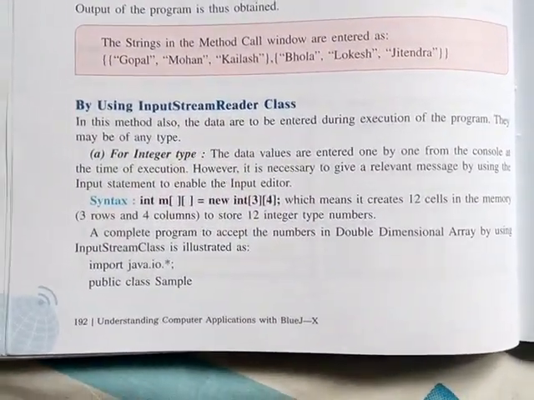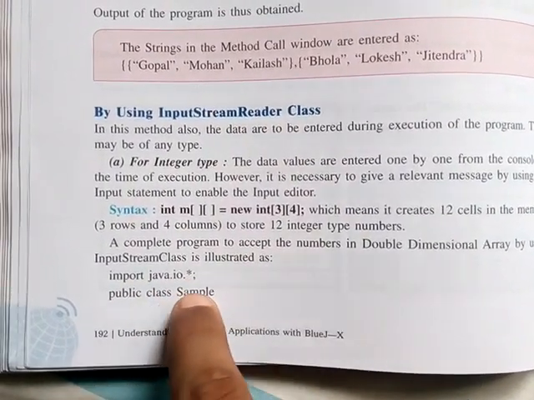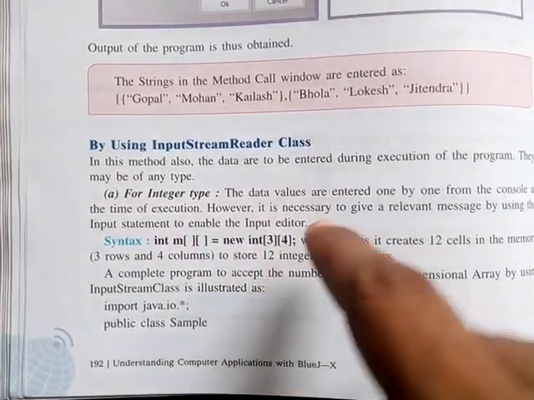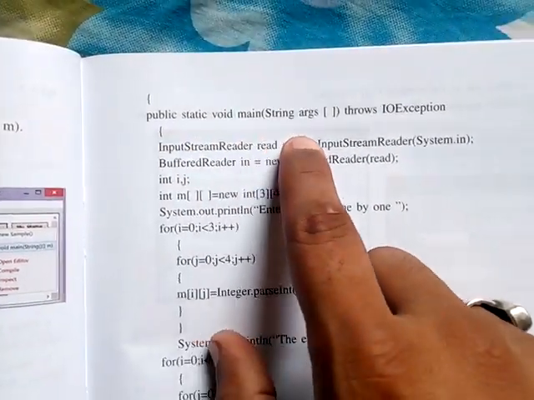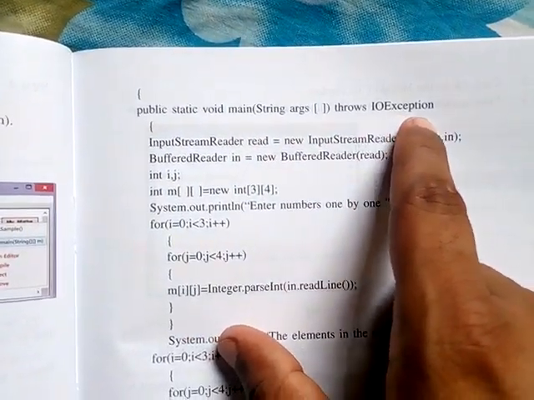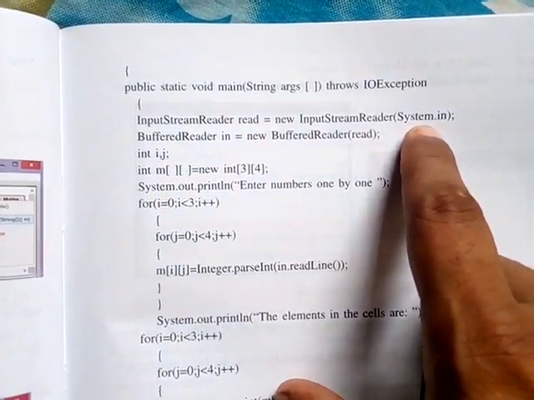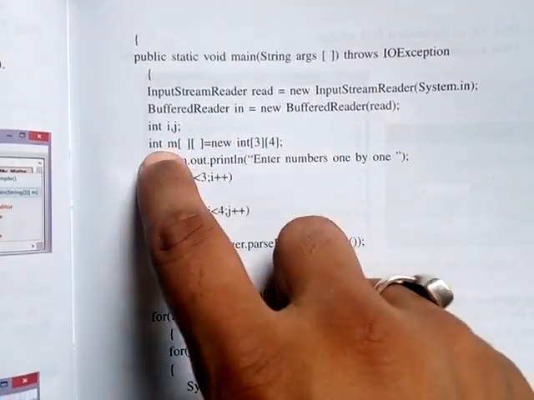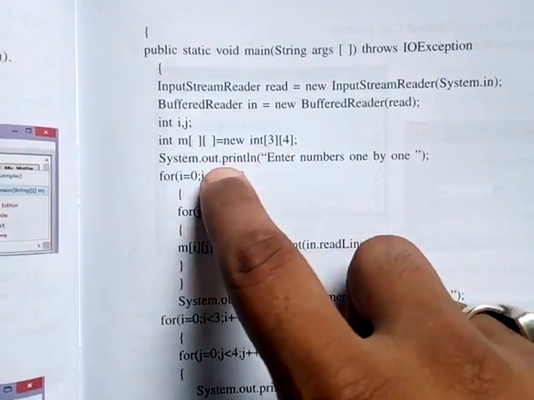See, this program has started from here. Import java.io.*; public class sample, and you see int m = new int[3][4]. Already you know, I have shown you. Public class sample. Next page. See, public static void main throws IOException. Very good. InputStreamReader read = new InputStreamReader(System.in); BufferedReader in = new BufferedReader(read); int i, j; int m[][] = new int[3][4];